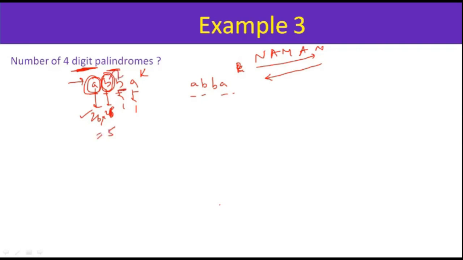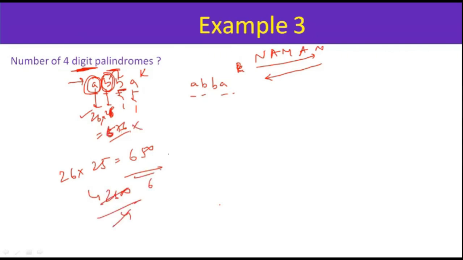Also, how did you get 650? How is 26 into 25 equal to 650? What is this? I did 25 plus 1 into 25. Okay, sorry, this is 676. My bad. Fair. Okay, thanks. We'll find. So the question says 4-digit. Let me ask Raman,